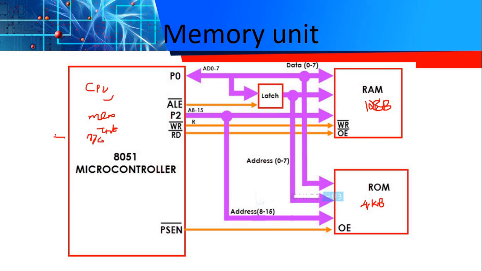Similarly, outside the 8051 IC also, we have a memory unit. What are the two types of memory? We have RAM as well as ROM. The memory unit inside the 8051 is called the on-chip memory unit, so it is on-chip RAM, and externally, outside of the 8051, it is off-chip RAM. So we have both off-chip RAM and ROM, and similarly on-chip RAM and ROM in the 8051 unit.